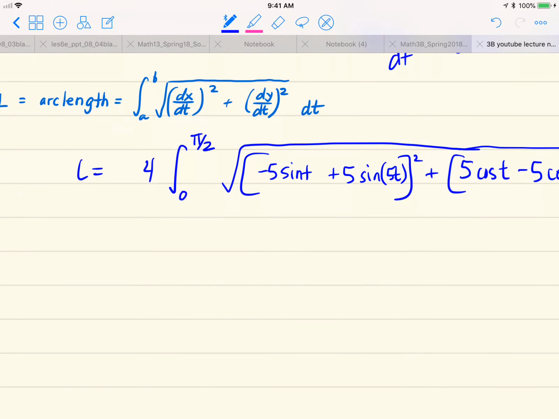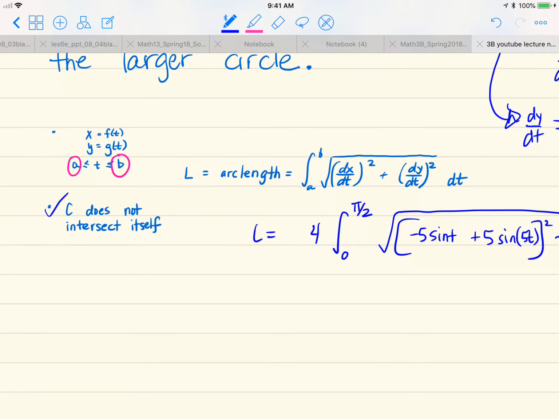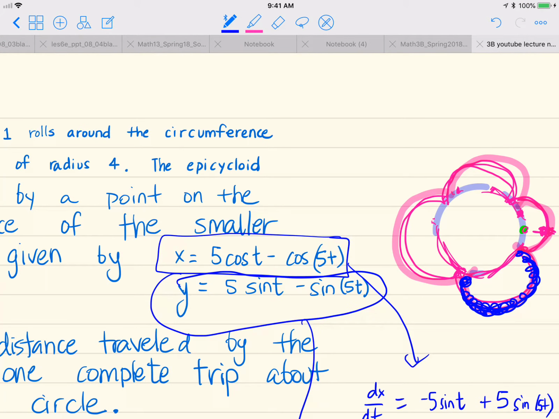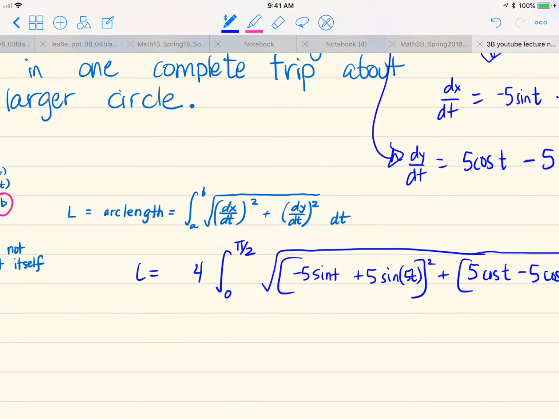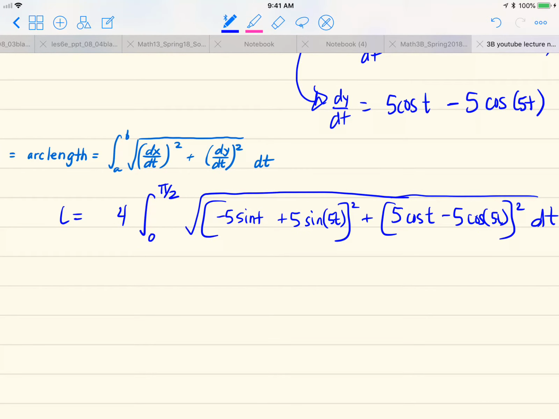Okay, and just to mention, we are satisfying the requirement that C doesn't intersect itself, because the curve just doesn't intersect itself. We're only taking into account one trip around the circle, the larger circle, so we're good with that requirement. Okay, so let's do some